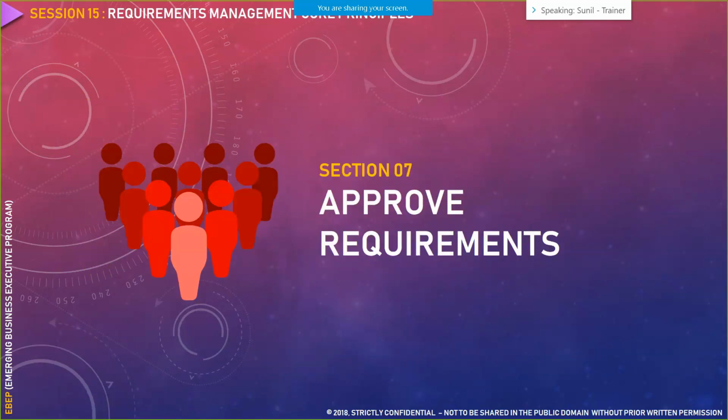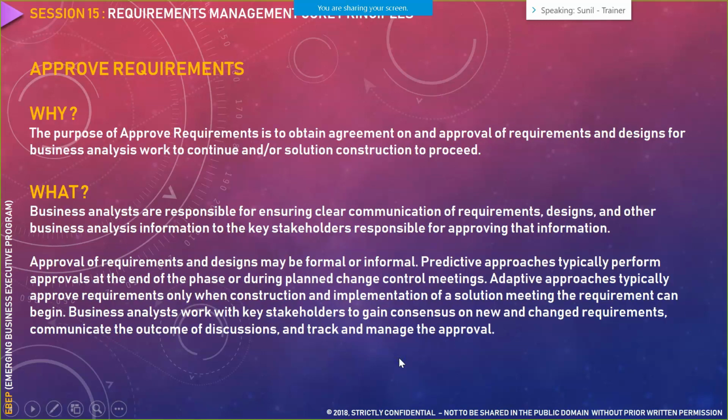So we saw tracing requirements, maintaining requirements, then prioritizing requirements, assessing requirement changes. Now it's time to see the final activity, that is approving requirements. Now, why do we need requirement approval? Because we need an official confirmation from the business stakeholders or the business sponsor who is essentially investing in this particular project. Without their official confirmation or approval, we cannot actually start implementing this particular requirement. For that reason, we need to get the requirements approved.